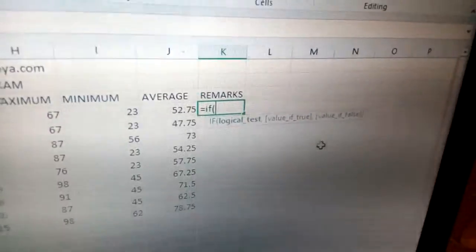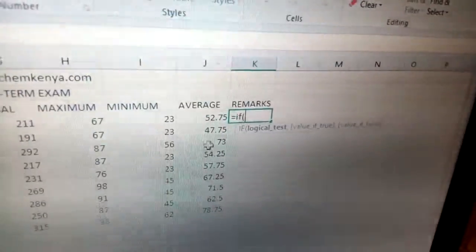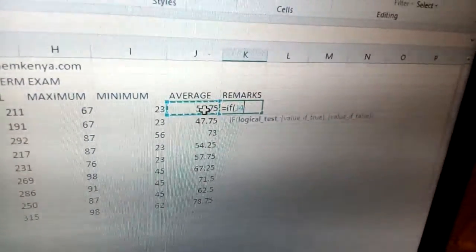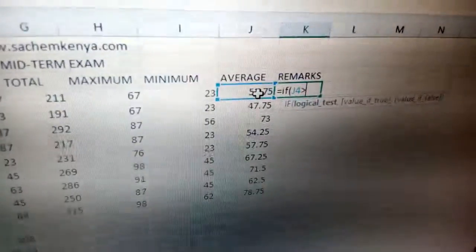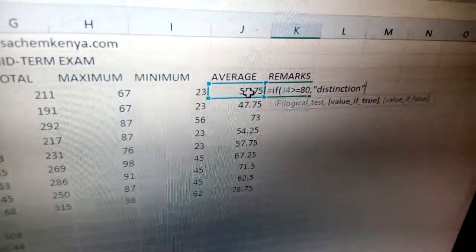Once you open the bracket there, from there you can click if average is greater than or equal to 80, for example, comma, the grade should be distinction. So if somebody got 80 or a mean score of 80 and above, they get a distinction grade, comma,